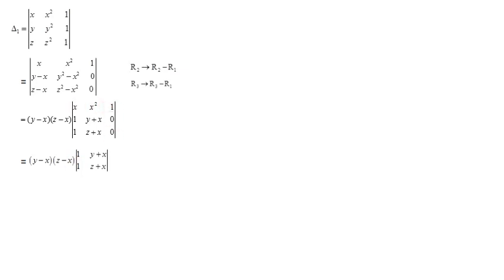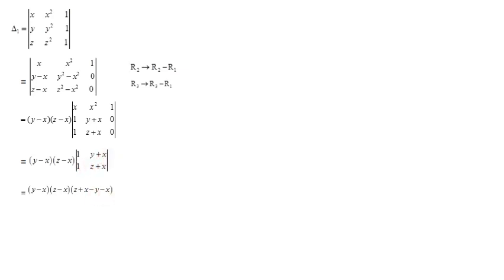That row and column are gone, the remaining determinant is 1 y plus x, 1 z plus x, that is written. Next is y minus x into z minus x into, let's expand it, 1 into z plus x, that is z plus x, minus 1 into y plus x, that is minus y minus x, that is written here. So minus 1 you are multiplying inside, that is minus 1 into y is minus y, minus 1 into x